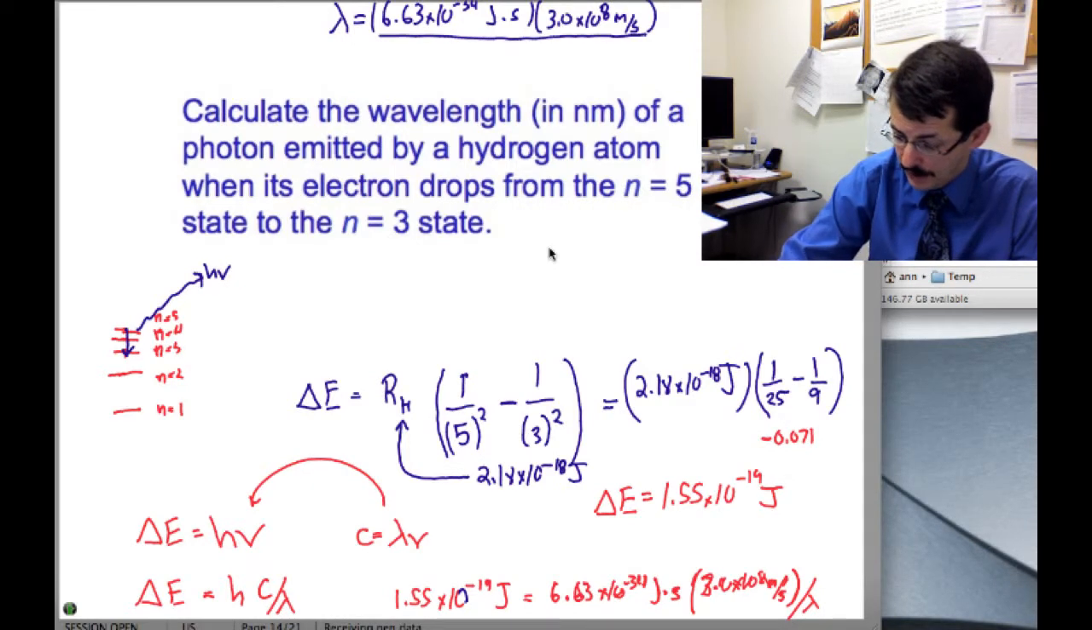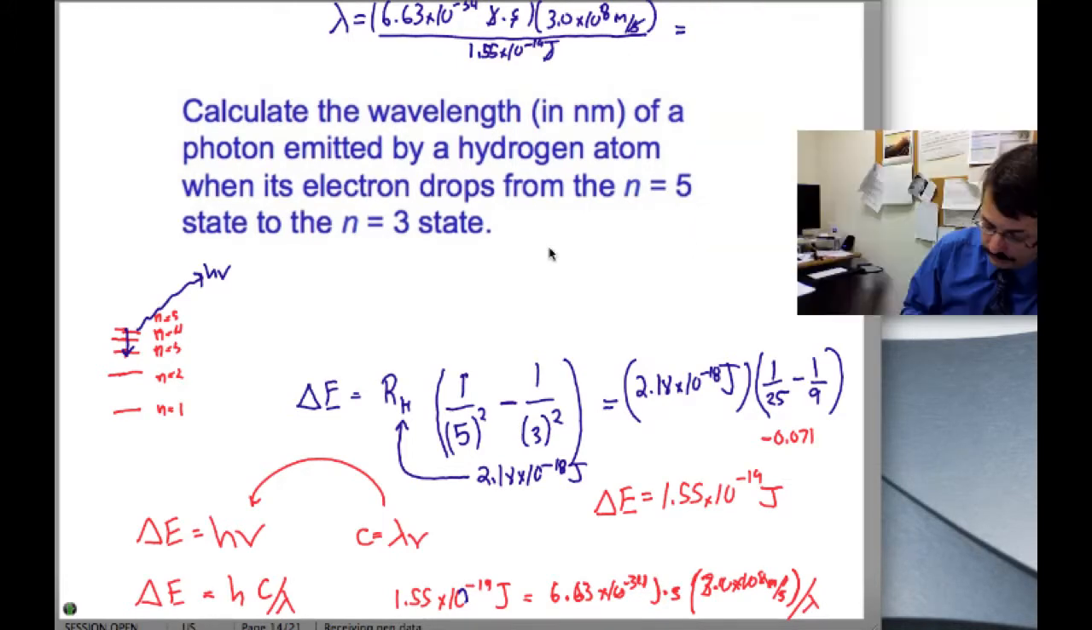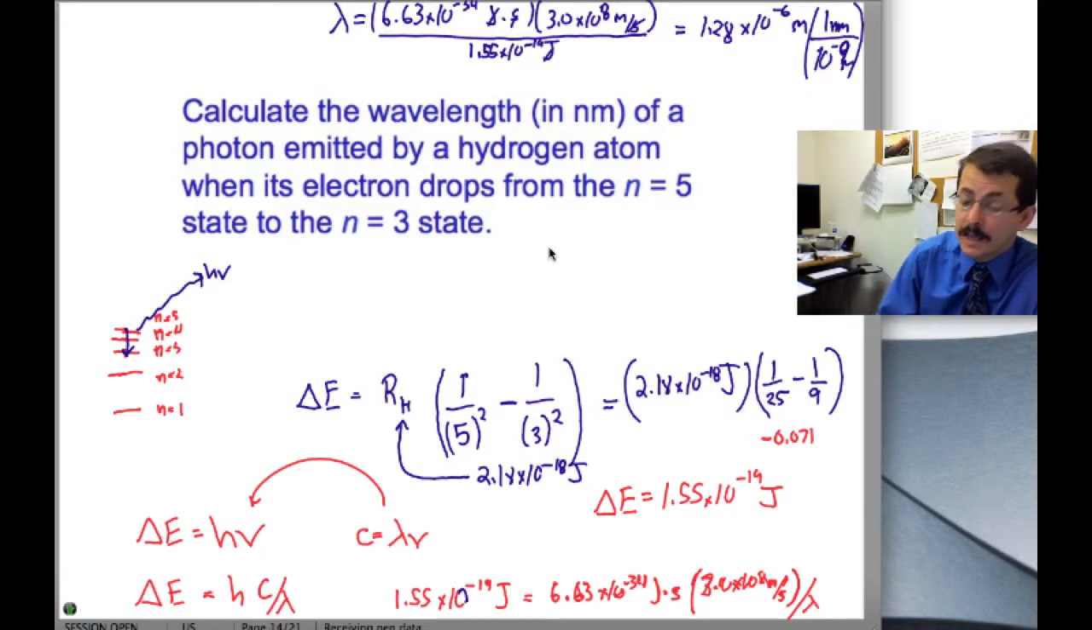All divided by our energy for our photon, 1.55 times 10 to the minus 19th joules. Joules cancel, seconds cancel, leaving us with meters for our wavelength, or 1.28 times 10 to the negative 6th meters. We know that for every 10 to the negative 9th meters, that's equivalent to 1 nanometer. It gives us, in nanometers,